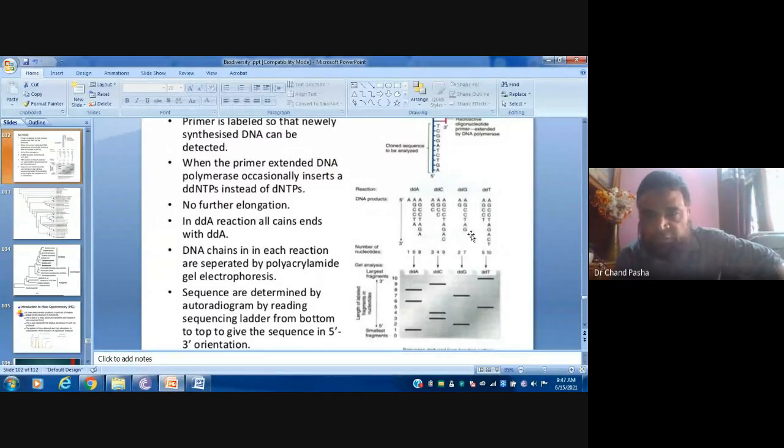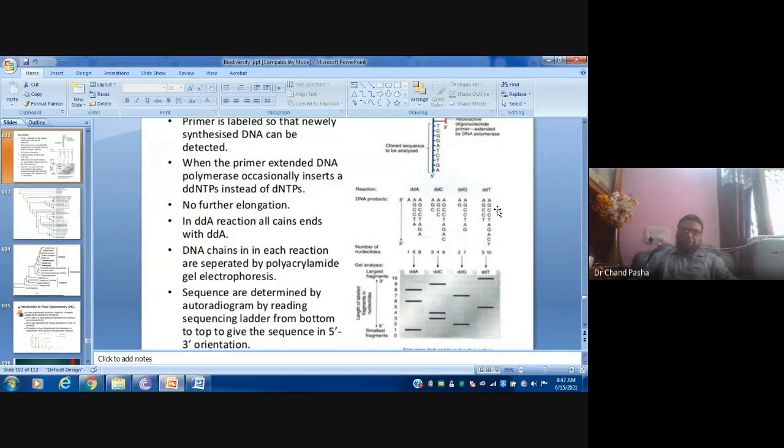And you will do the same thing for guanine and thymine also. So manually we separate these. Earlier we used to do this manual separation, but now this is not even being performed in 4 tubes. It is being performed in a single tube nowadays, and it is being separated based on capillary electrophoresis.